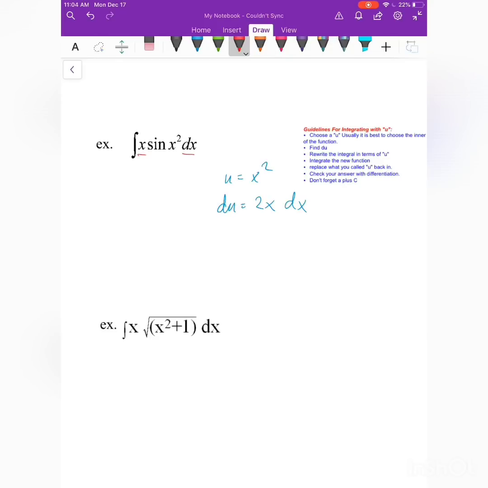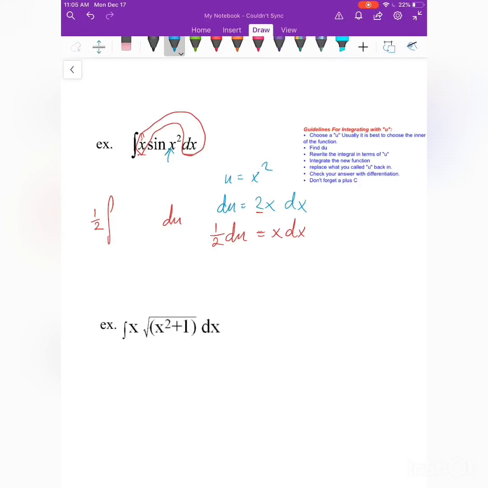So this happens quite a bit, and if you have an extra number, like this 2 right here, what we have to do is divide it over. So if you divided that 2 over, you'd have this. And now, x dx can substitute out because I know what it equals. It equals 1/2 du. So in rewriting my integral, I always write du off to the side here, and 1/2 is a coefficient, so you can take that out front. And then